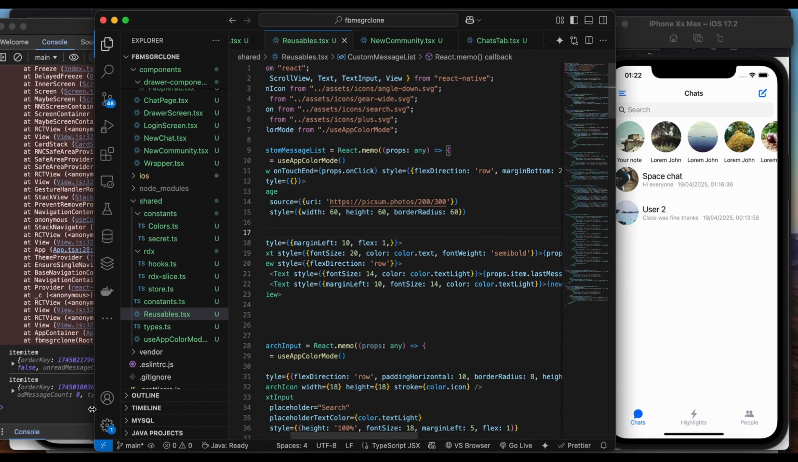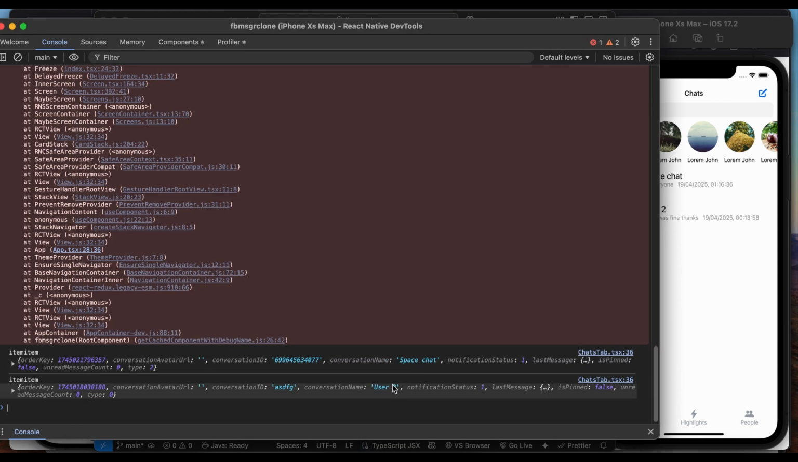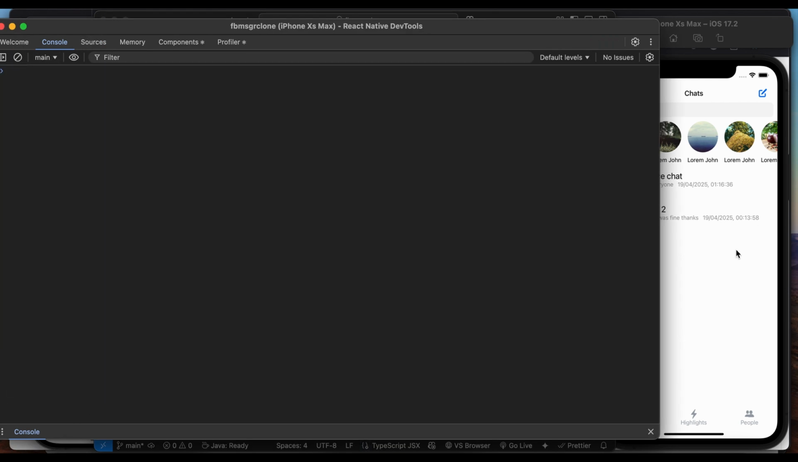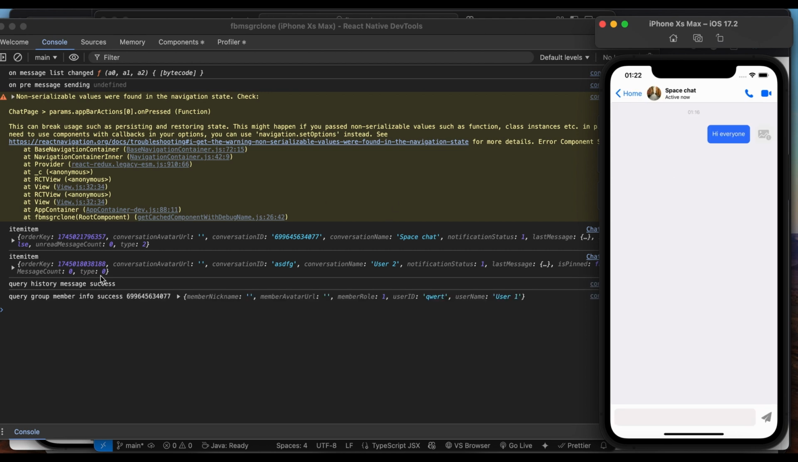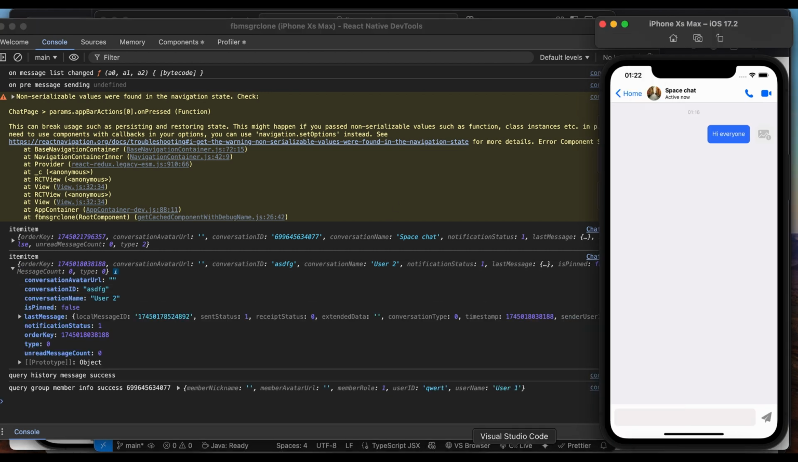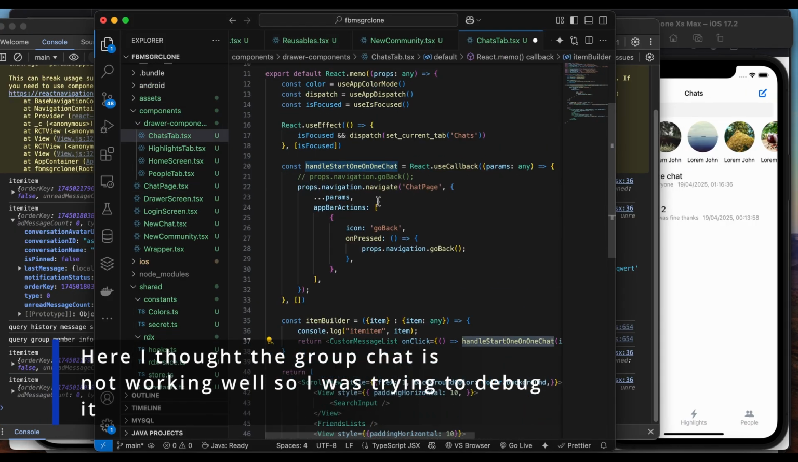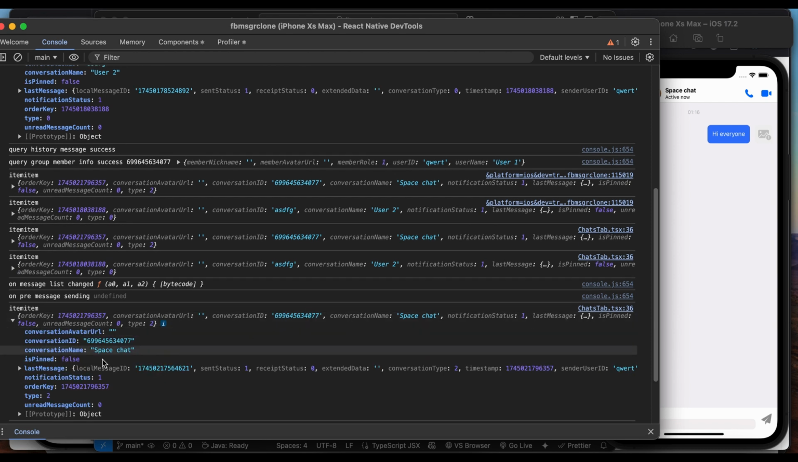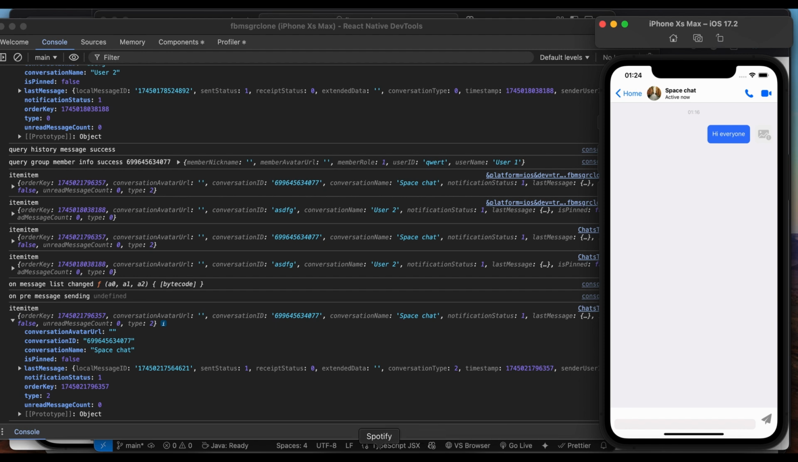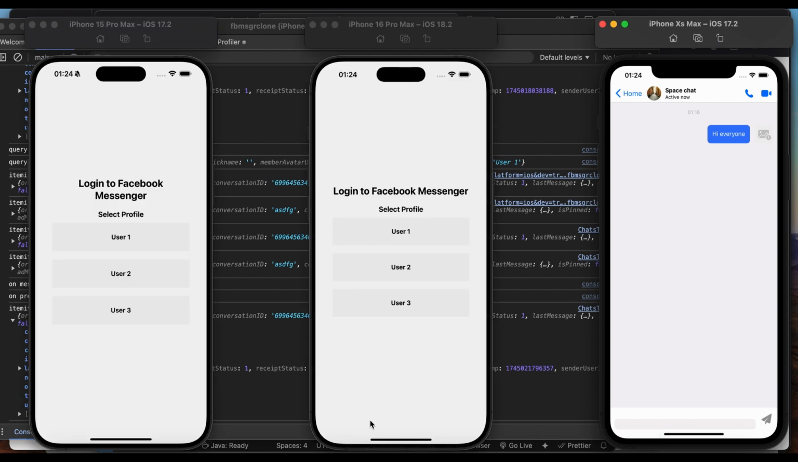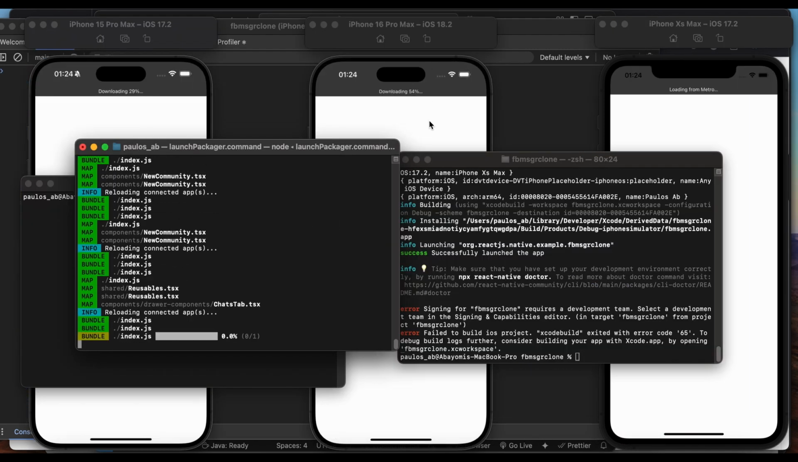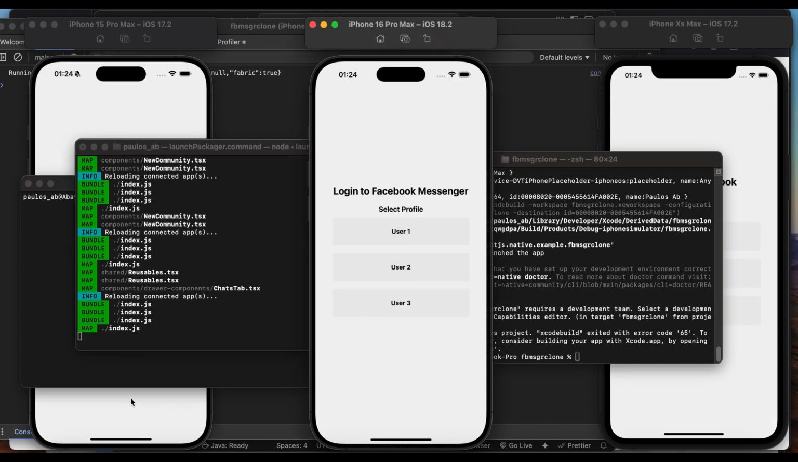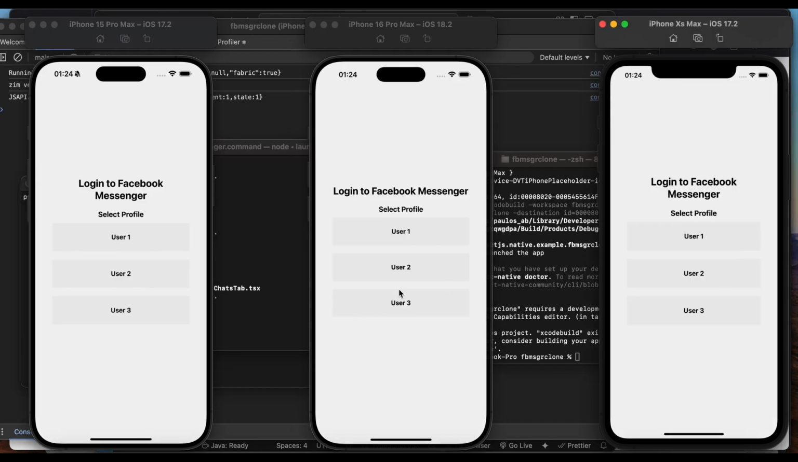Now I think we can actually still get the group ID when we click on this. Now we can just copy the conversation ID from here. You can just copy it from there, then join on other devices. So I'm just going to refresh everything back, then I'm going to join on these two devices,